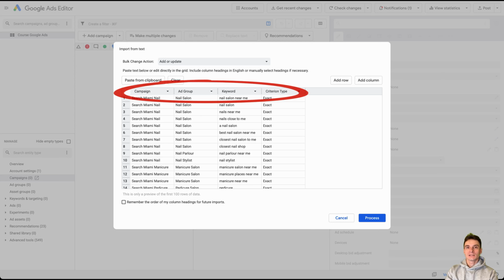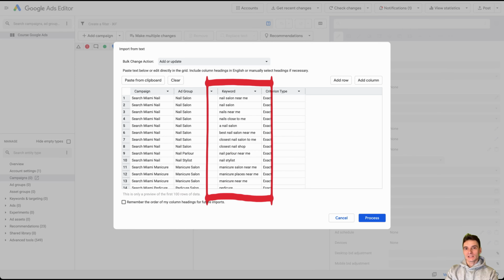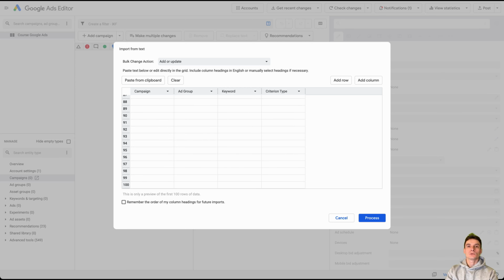Because our table has headers, the editor already picked everything up correctly. This is the campaign, this is the ad group, this is the keyword, and this is the match type. Everything is in place. If we scroll down, we'll see that this preview table only shows us 100